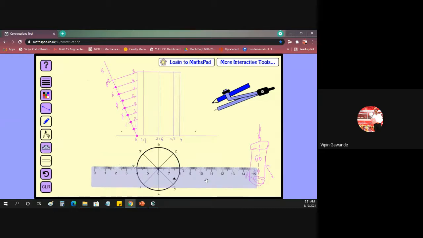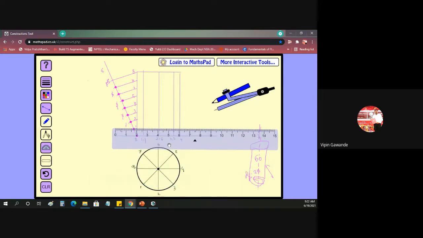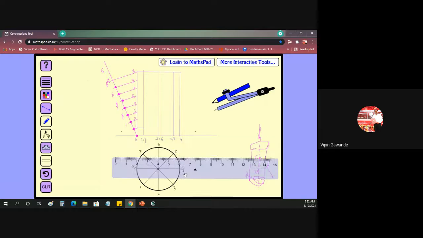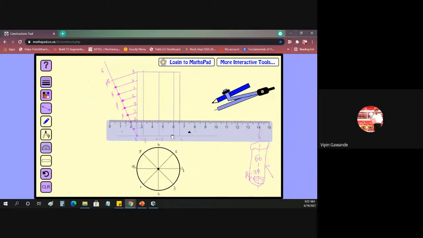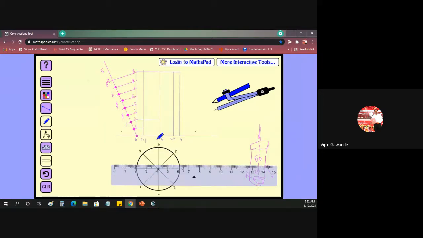Now, how will we get the helix here? See, this is point 1. From 1, you have to take the projection of 1, which is coming from the circle. You will get the projection up to 1 like this, because from the top view, 1 is coming here. Now 2 is here, so from 2, the projection, that is the horizontal line, comes up to here, because 2 is here.